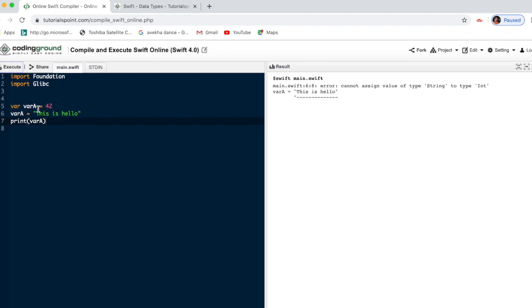For this variable I have given 42. After that, for this variable I gave one string. So this does not work. That is the meaning. One time it is telling that it is an integer, in the next sentence I am telling it is a string, then that would not work.